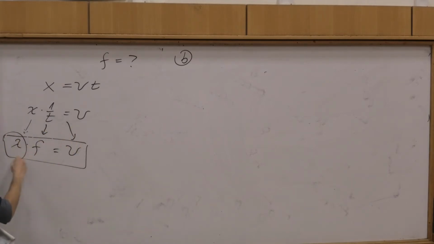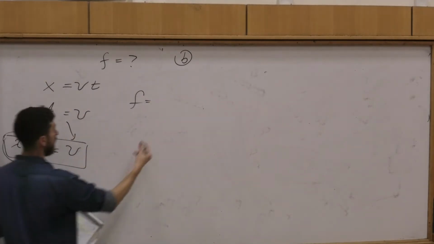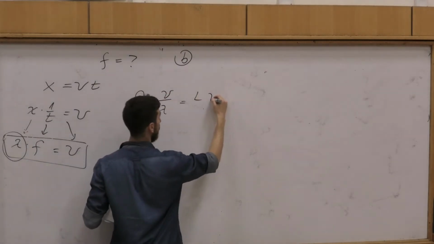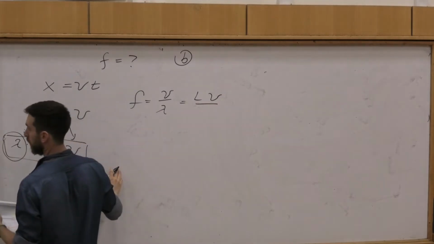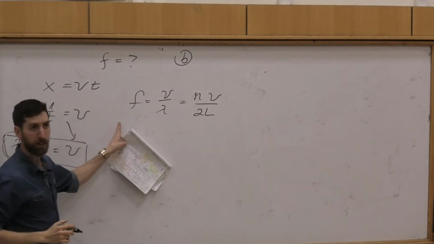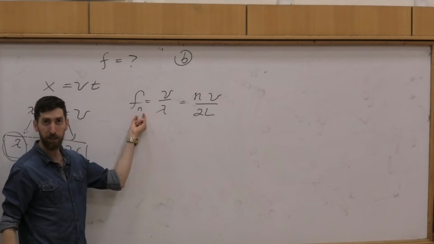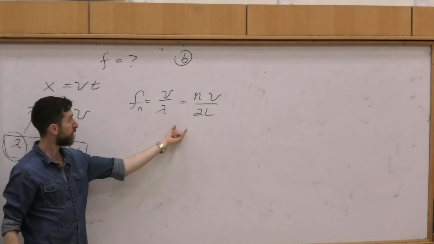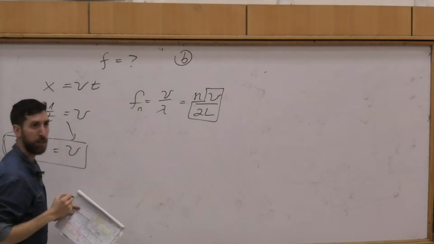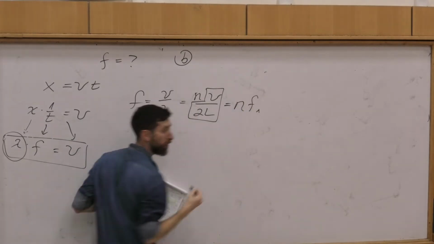So we know lambda, right? We already understand that. So if you want the frequencies, we can say it's just v divided by lambda. And lambda we know, it's 2L over n, right? Here n goes up, and here we have 2L. This is all the frequencies, and we see that the frequencies actually depend on which mode I am in. You see it? And I want you to see this. Who is that frequency? It's the first frequency, okay?